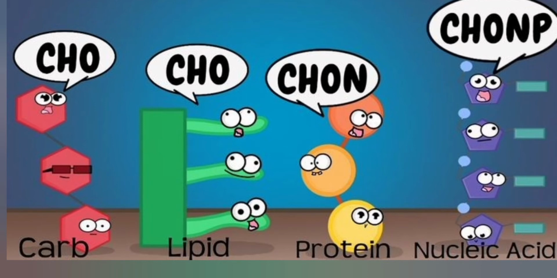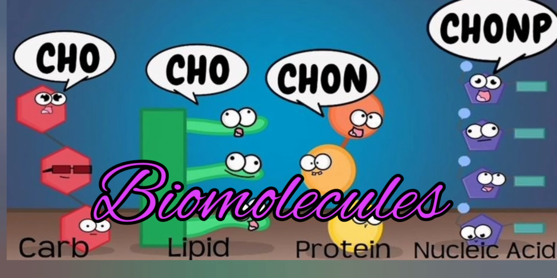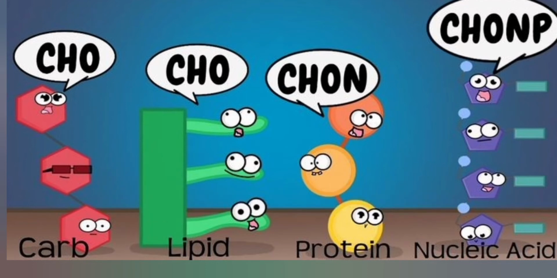Here I am going to start a very new chapter for you. I hope you have understood already what I am going to discuss in this video. Yes, right, it is biomolecules. You can easily understand by this picture, it shows some very important chemical structures which are organic in nature. They are carbohydrate, protein, lipid and nucleic acid.